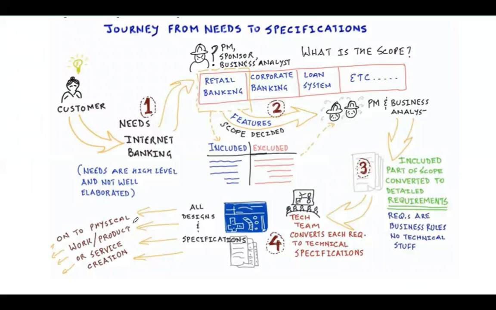So you have a customer, the customer has some need, and that need is going to be defined in much more detail so that when the project is started, the customer gets what they need. In this case, the customer requires some internet banking, and when they start thinking about what internet banking entails, it could be retail, corporate, loan systems, currency transactions, and so on. But because we are only going to focus on retail banking,